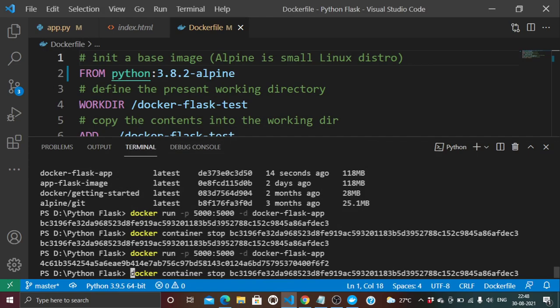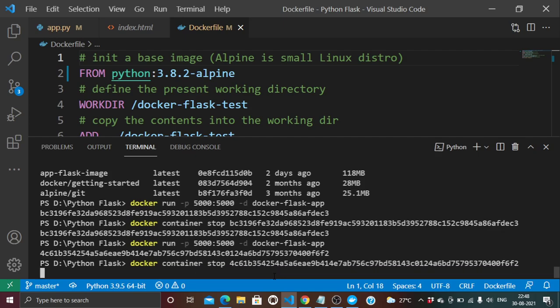If we stop it with container stop, we'll need the new ID. So that application has been stopped.